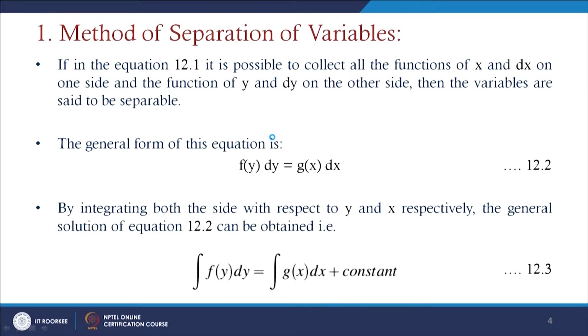So, if you go for the method of separation of variables, the equation we have written is in the form of dy by dx equals f of x y. It is not possible to collect all the functions of x and dx on one side. As I have said, if you write an equation in the form of dy by dx equals f of x y, suppose this f of x y term involves x cube y plus y square x square plus all other terms, maybe it is multiplied, or like x y by x cube plus y cube, then it is not easy to separate x or y in a complete sense.